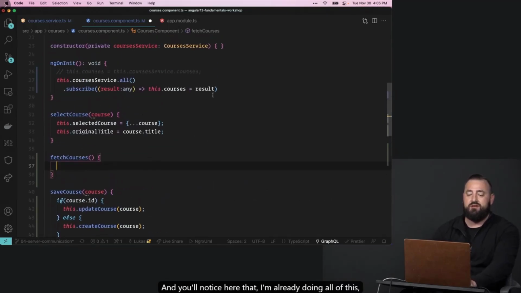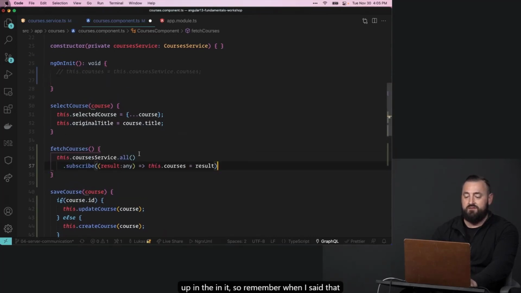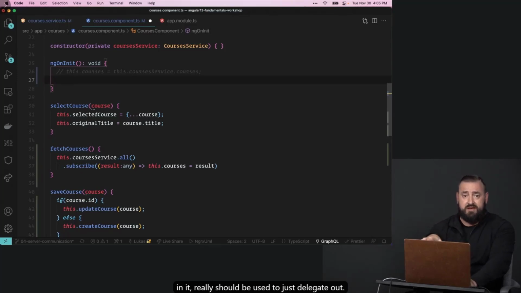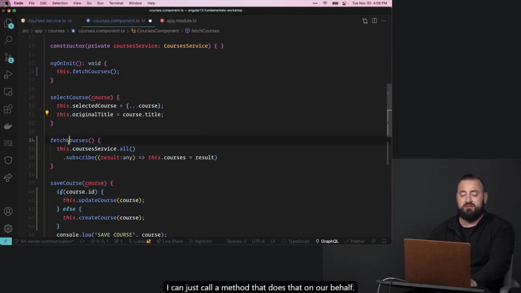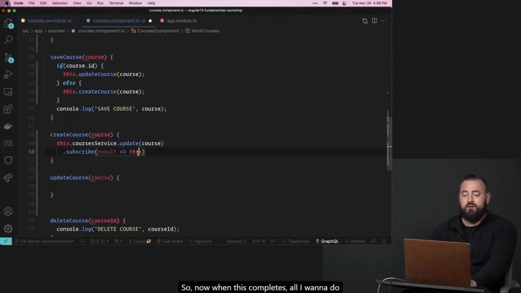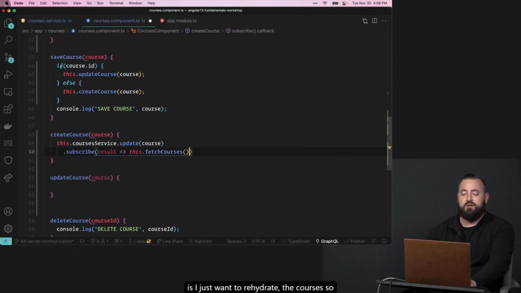And you'll notice here that I'm already doing all of this up in the ng on init. So remember when I said that ng on init really should be used to just delegate out. This is a perfect example of that. I don't need to do this logic in here. I can just call a method that does that on our behalf. So now when this completes, all I want to do is just rehydrate the courses. So I'll go here like this,